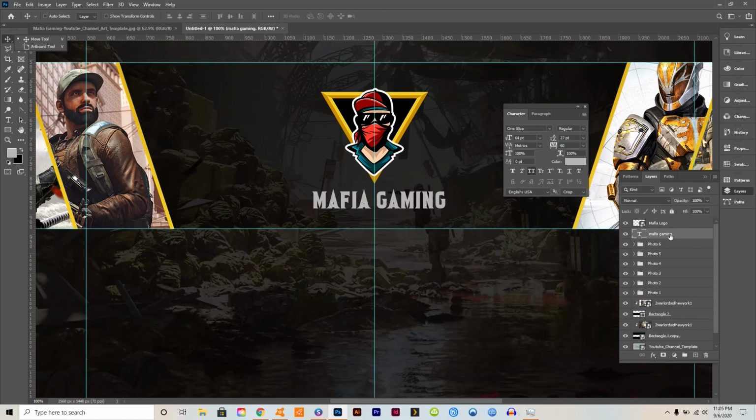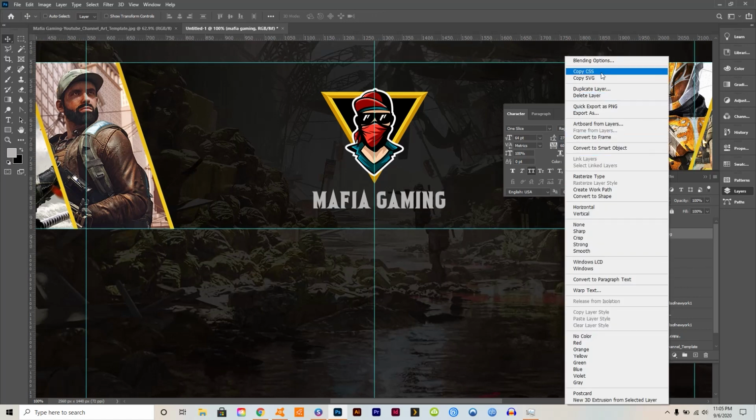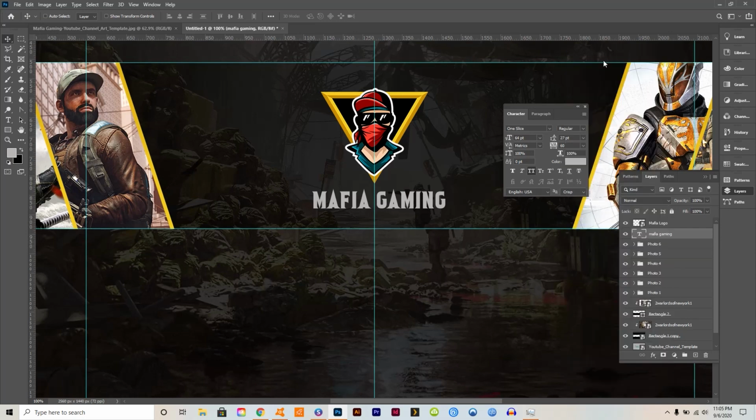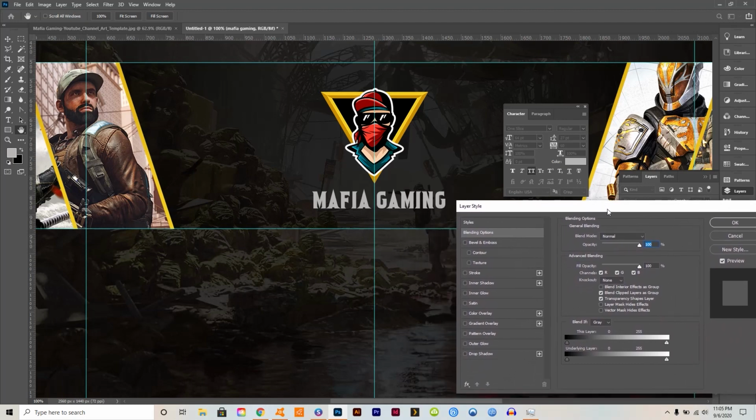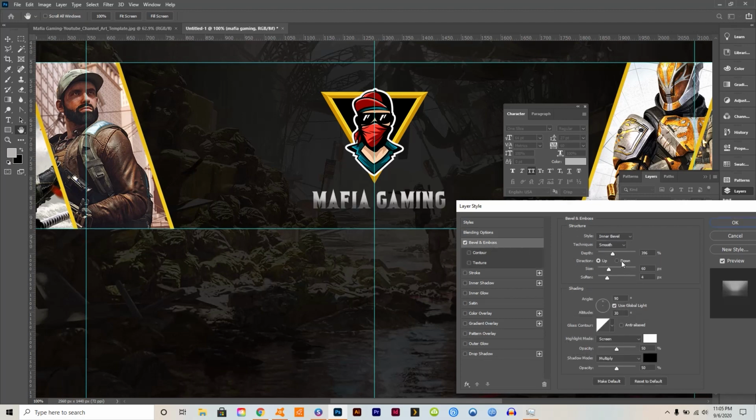And let's add some style to it. Right click, blending options. And here we can have some fun with bevels and inner shadows and outer shadows and stuff like that. So this part you kind of have to experiment. I kind of like that too, but